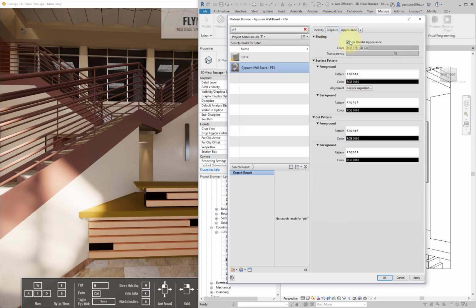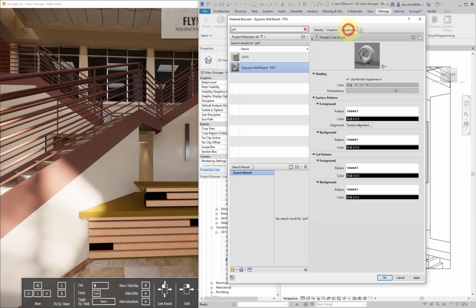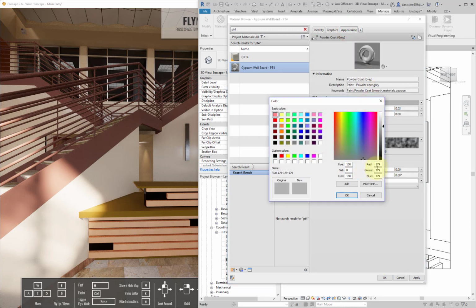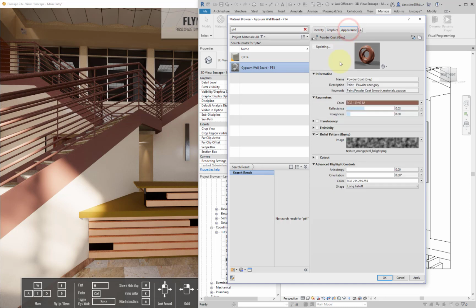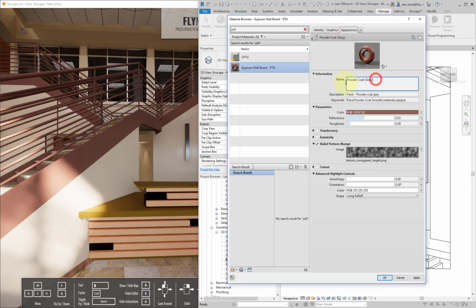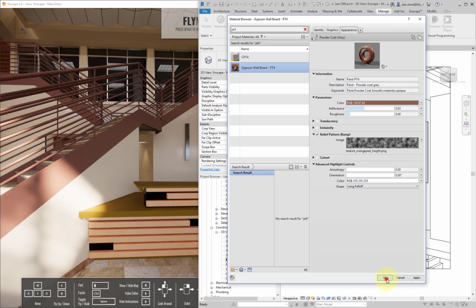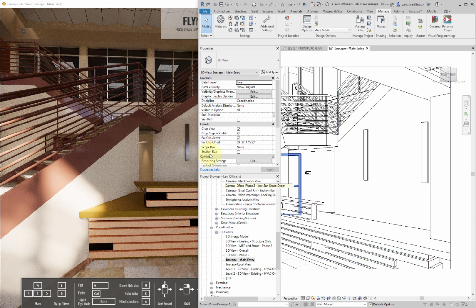And because I didn't uncheck this option on the Graphics tab, the RGB value of the shade color changed. But I have this information written down. So 139 for red, 97 for green, 82 for blue. And now you'll see on the graphics tab that updated. So we're going to want to make sure we change the name of this appearance asset. And then when we apply that,